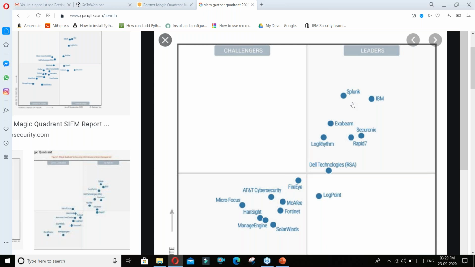That's the thing. It is very flexible, it is very fast, it is very easy to integrate. That is why it has captured the market. And the fourth thing is the support from Splunk. Splunk support is very good. That's why they are capturing this much market share right now in the market.